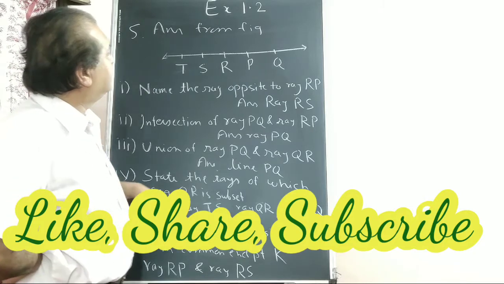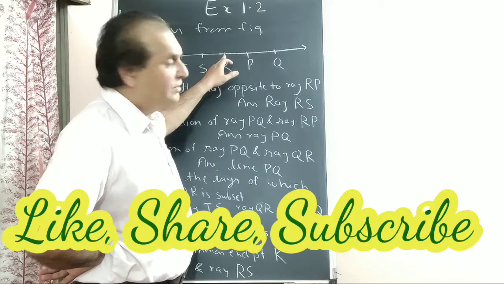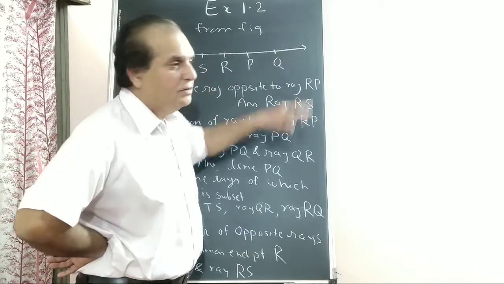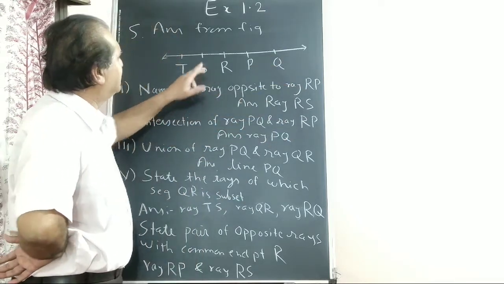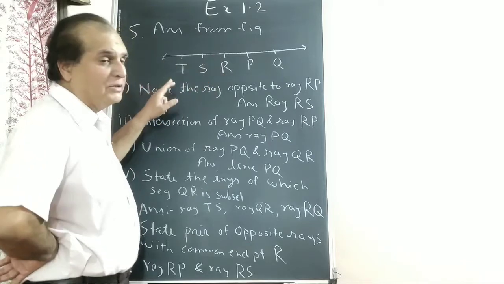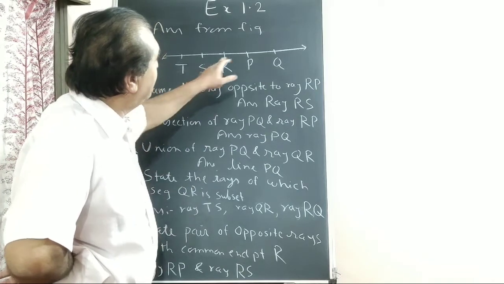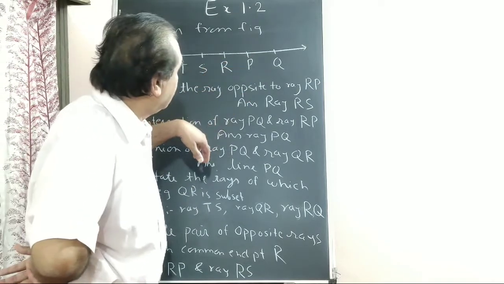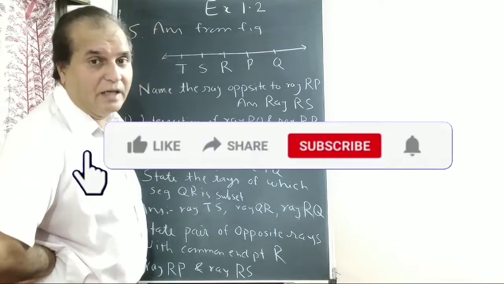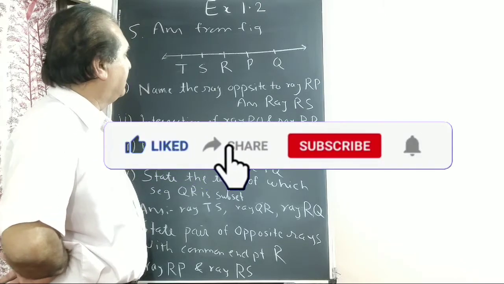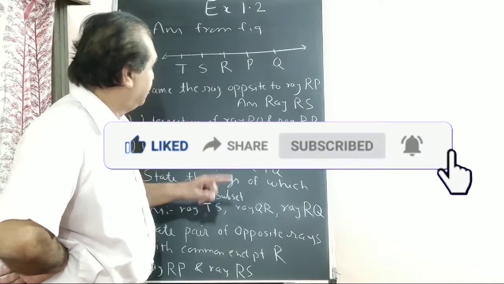See, before that you should understand what is a ray. Ray starts from a point, the starting point, to the other end, and ends with an arrow. There are so many rays. Two opposite rays, meaning opposite direction, combine and form a line. Learn the definition properly from the textbook. If the question to define ray comes, you must know the definition of ray. For opposite rays, the common endpoint must be the same.